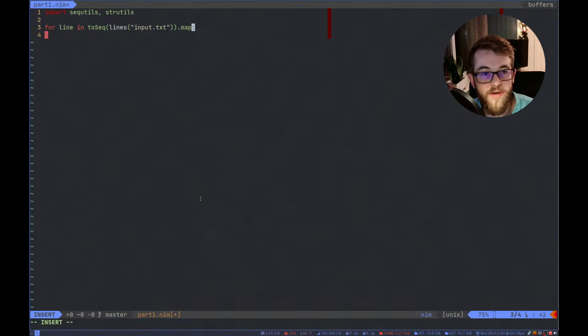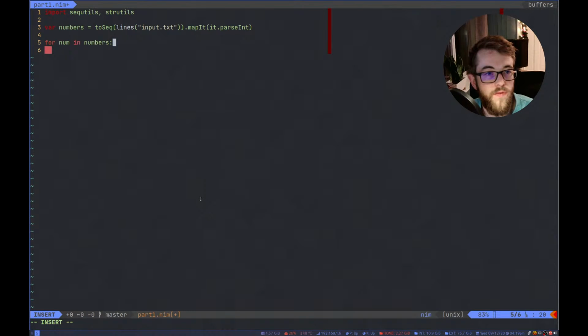Convert this iterator to a sequence, and let's just map parseInt over it. So now we have a list of numbers instead. Actually, let's store this as a list there.